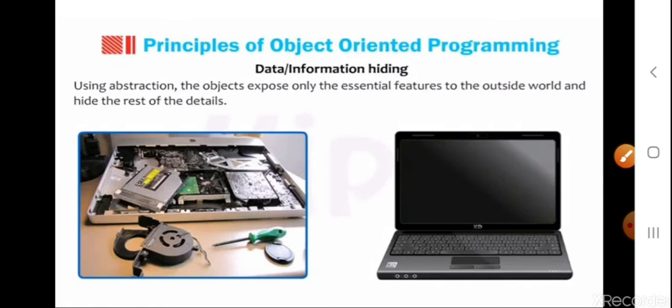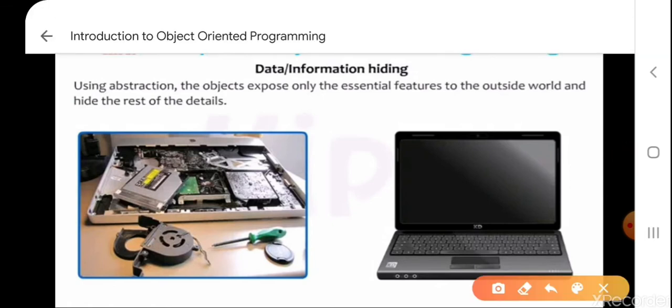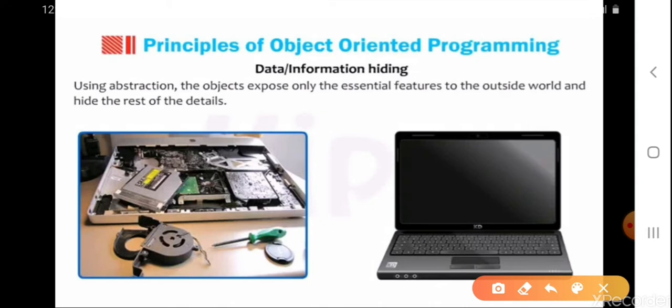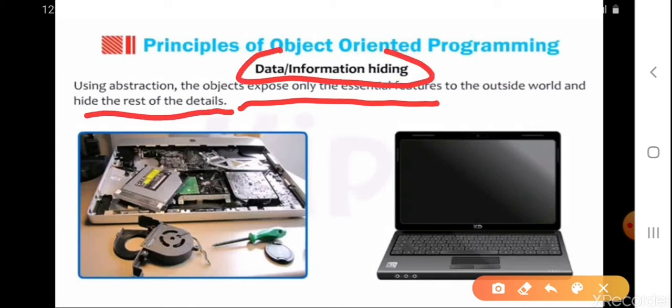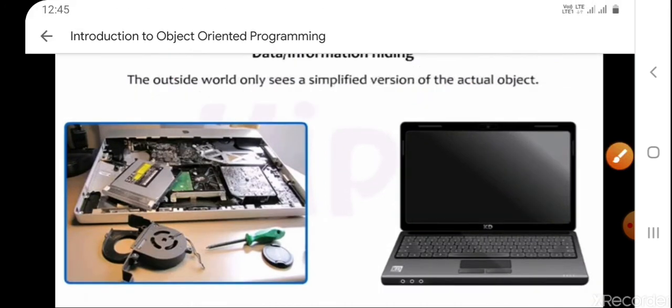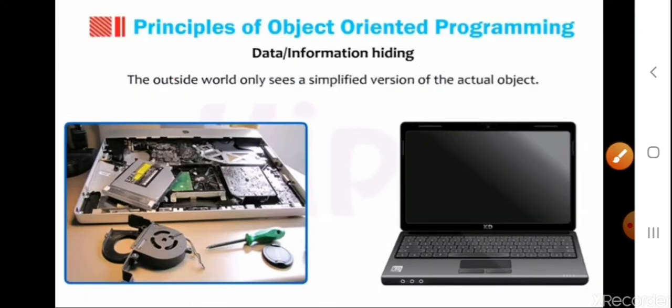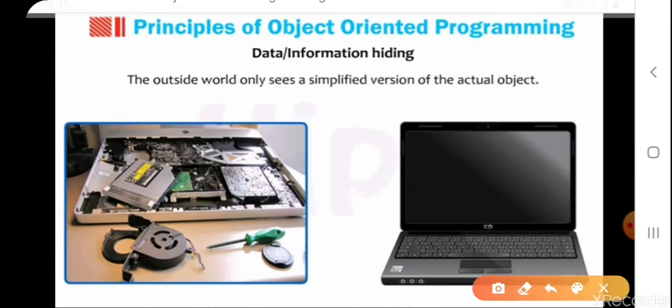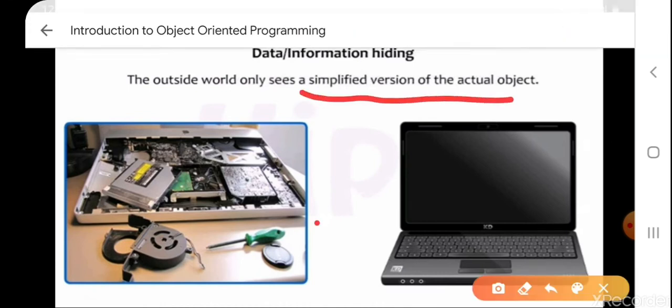Now, using abstraction, the objects expose only the essential features to the outside world and hide the rest of the details. That's why this concept is also termed as data or information hiding. The outside world sees only a simplified version of the actual object.